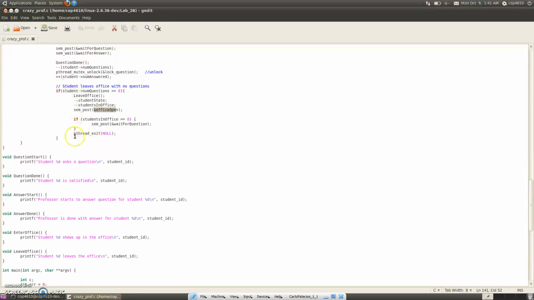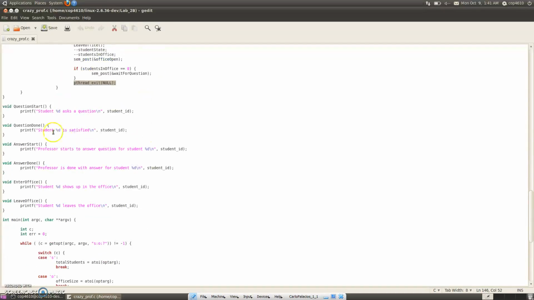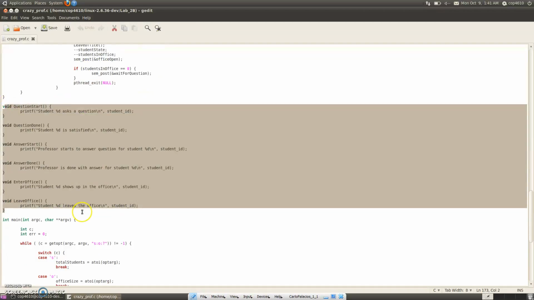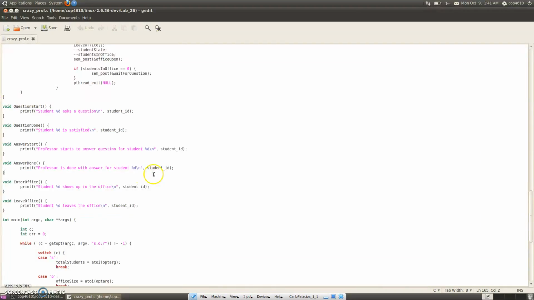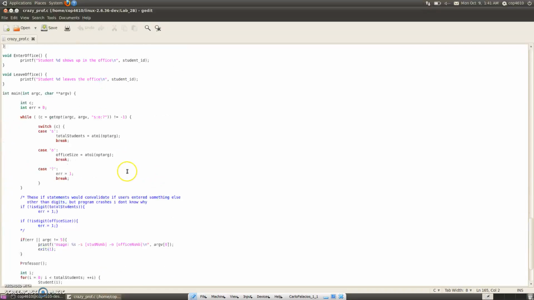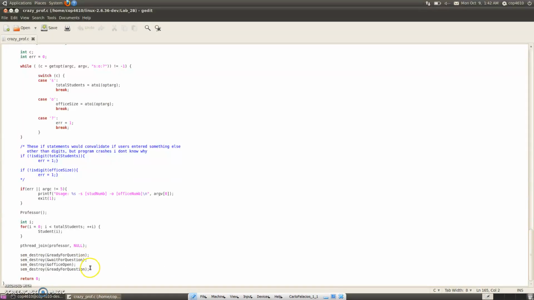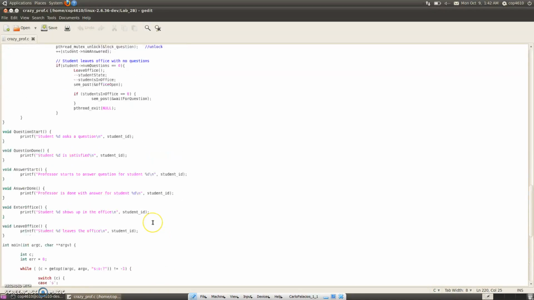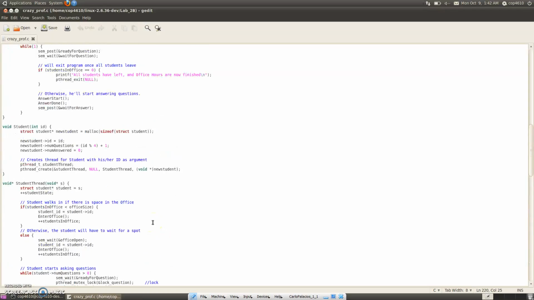Pretty much. Over here, the pthread exit null is basically when, since this student has no more questions, that thread or that student is finally going to leave. These following methods are the ones that the professor specified in the instruction. And yeah, that's pretty much it. Towards the end, I'm destroying every single semaphore that I created. I think I covered the entire program,